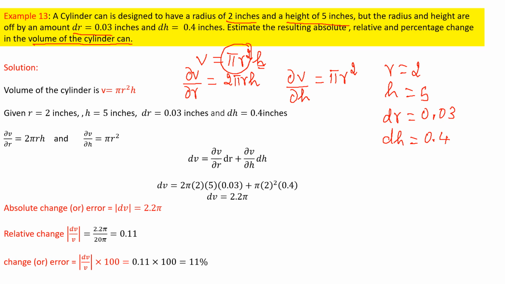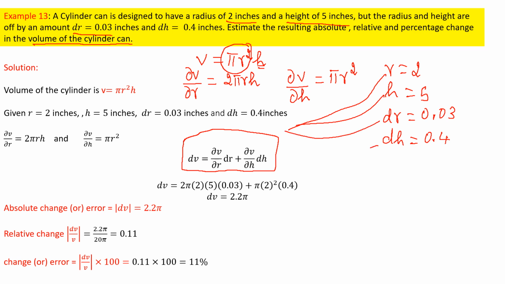Then let me write the total derivative formula. So the formula will be dv equal to dou v by dou r into dr plus dou v by dou h into dh. Then what I do? I have to substitute all the values here. r value, h value, dr value, dh value, dou v by dou r value and dou v by dou h value. Then I will get dv equal to